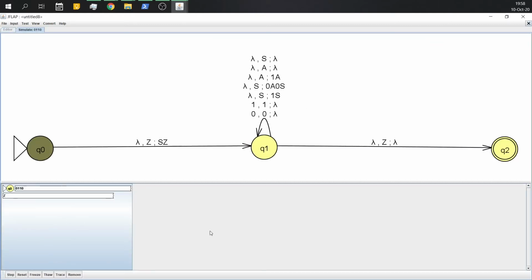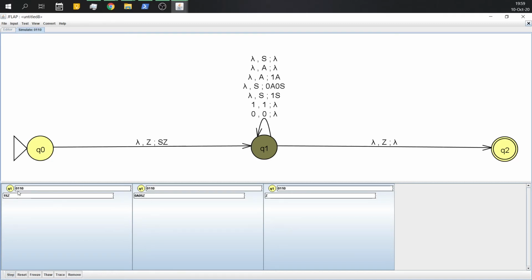Here now we can see the stepwise functions to be done. Now the PDA uses queues and stack for its implementation. So now we are at the q0 state, where the string is empty. For the next step to be generated, click on step again. Now it went to the q1 state, and now the string is input as sZ. Click on step.